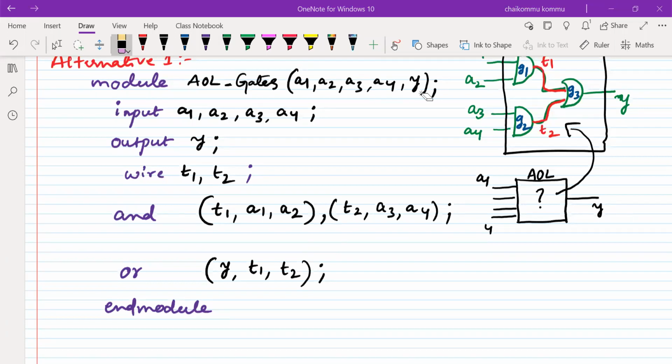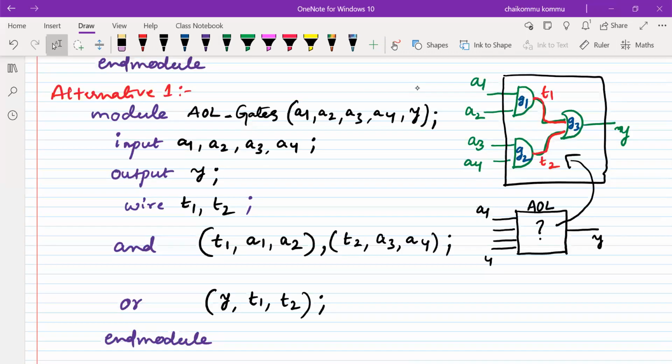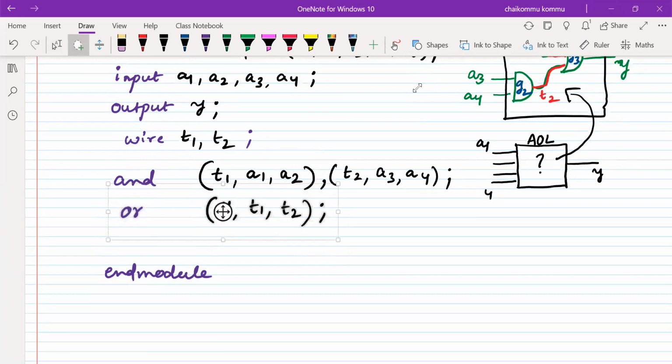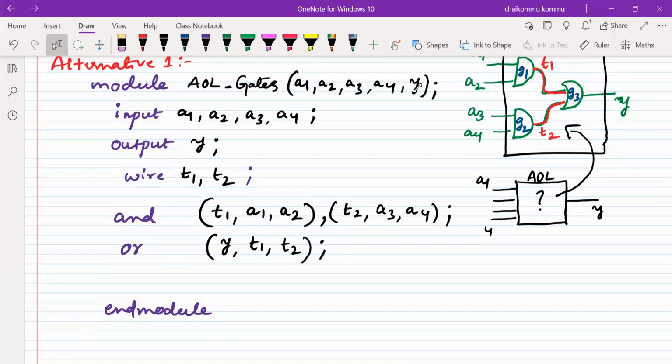AOL stands for AND OR logic circuit, a simple example name. Is it clear to all of you how I have written this? Both are AND gates that I'm using. If both are the same type, then I can write it this way. The first statement is an AND gate, the second is also an AND gate. So this is one of the alternatives.